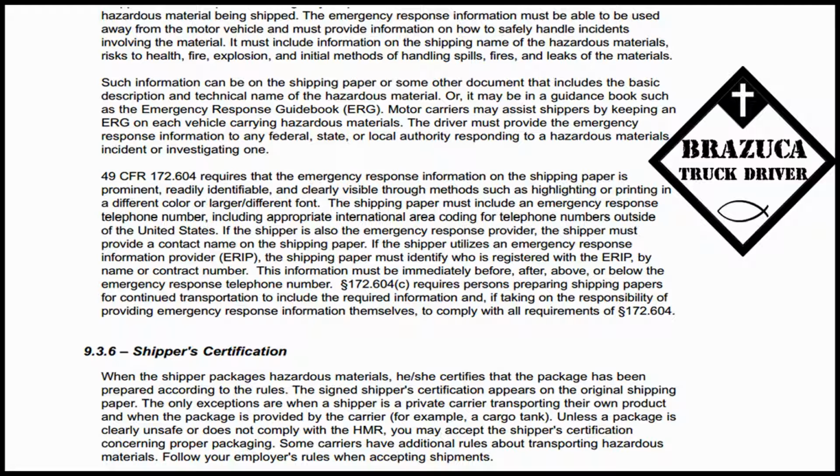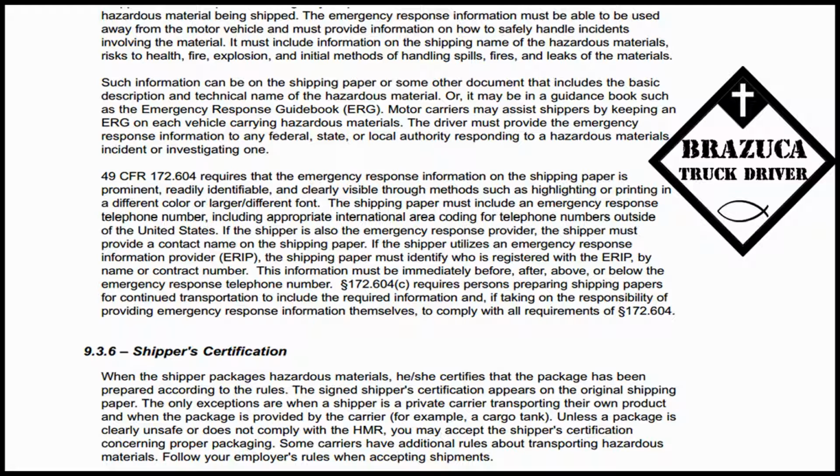49 CFR 172.604 requires that the emergency response information on the shipping paper is also prominent, readily identifiable, and clearly visible through methods such as highlighting or printing in a different color or larger, different font. The shipping paper must include an emergency response telephone number, including appropriate international area code for telephone numbers outside of